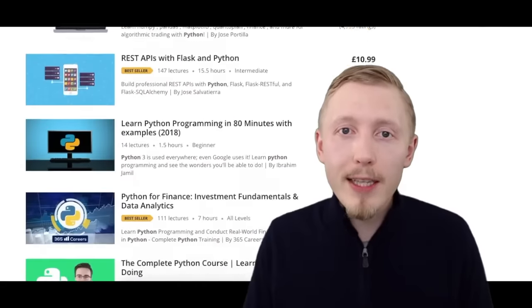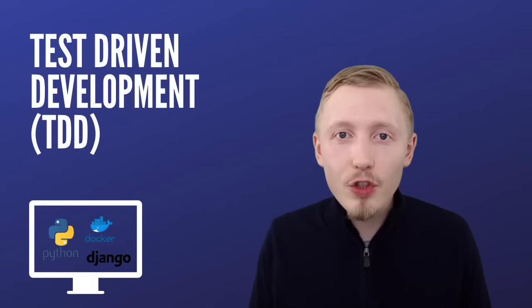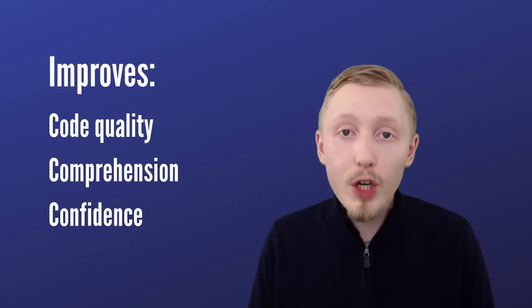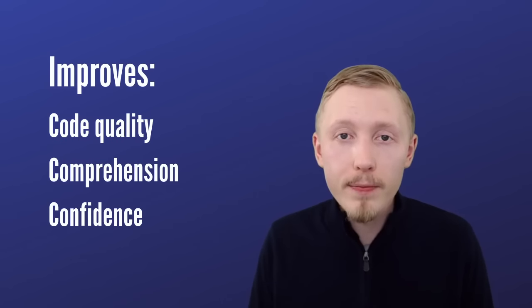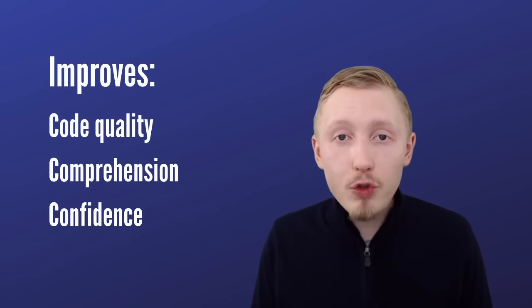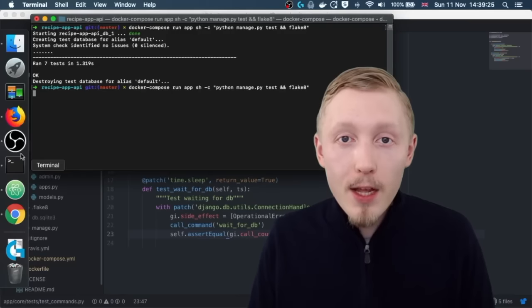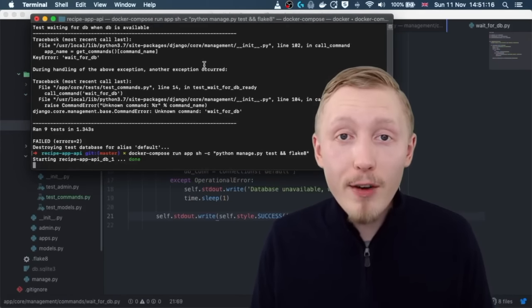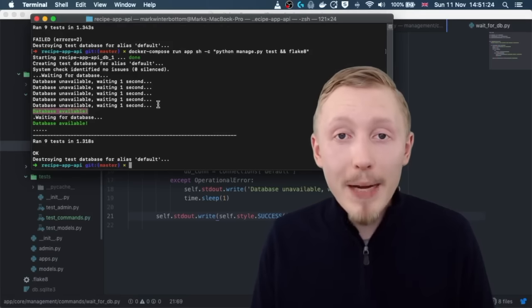But what separates this course from the others? Test-driven development. TDD is what separates the good developers from the great ones. This is because it vastly improves the reliability and robustness of the code. TDD is a buzzword that is frequently thrown around nowadays, but it's rarely ever implemented properly because it's challenging to get right. This course aims to demystify test-driven development by creating a very specific project using the best practice principles